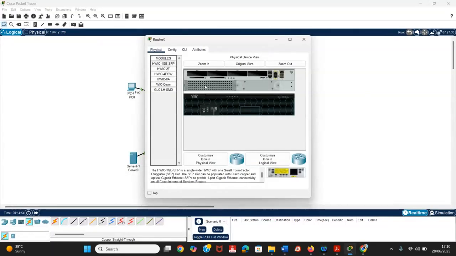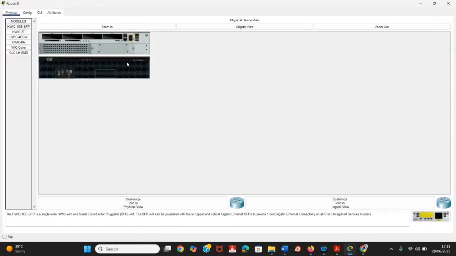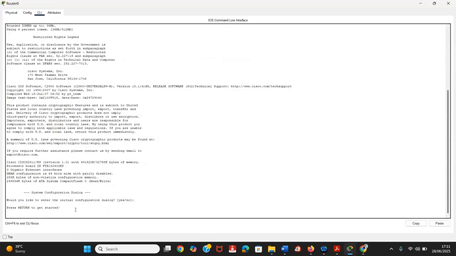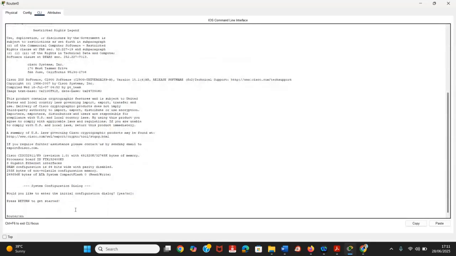Of course, I need to connect to the interface for the router. So first of all, I need to